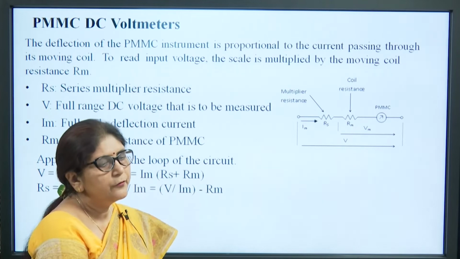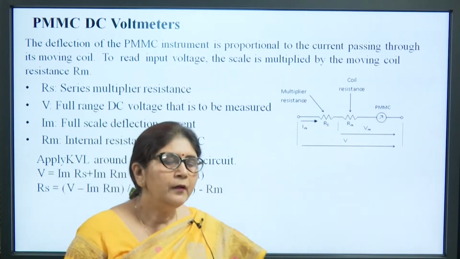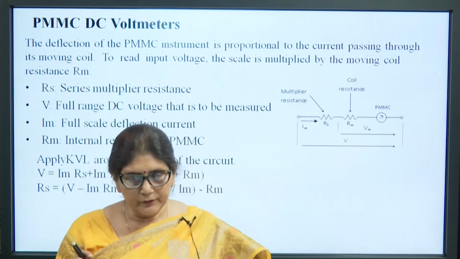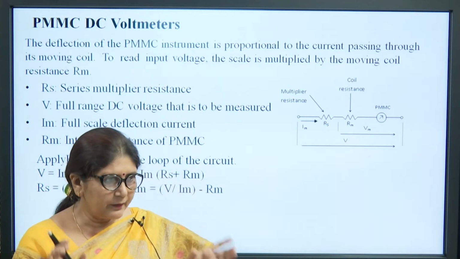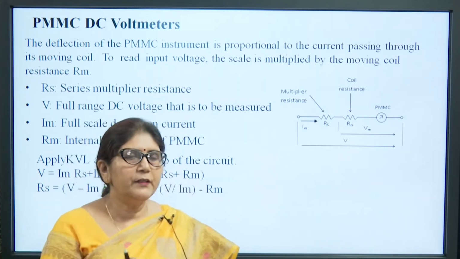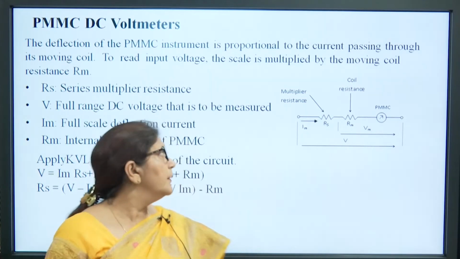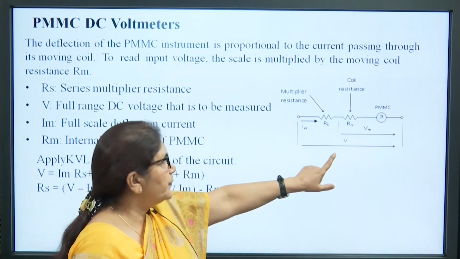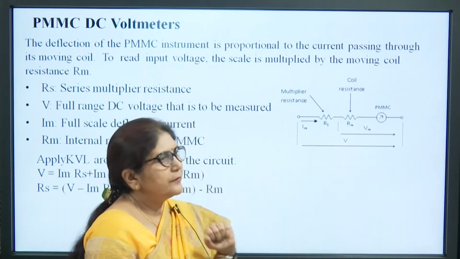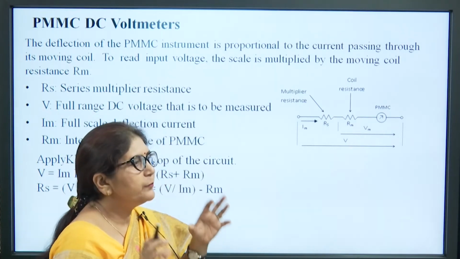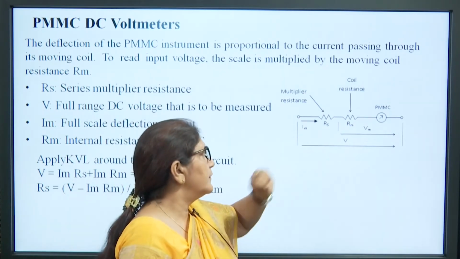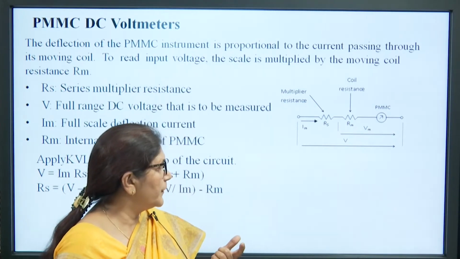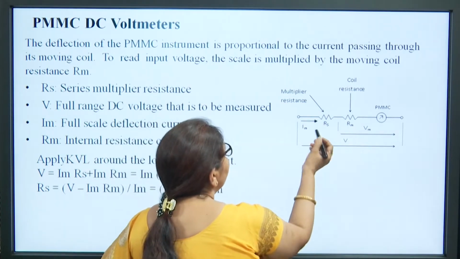So, now voltmeter. As we know, this PMMC instrument can measure only a very small amount of voltage. So, we need a resistance across which the maximum voltage should be dropped. Here we place a resistance Rs in series with this PMMC instrument, and the value of Rs should be very high, so that the maximum voltage drop appears across this resistance and only a small amount of voltage drop appears across the PMMC instrument. If we denote it by Vs,